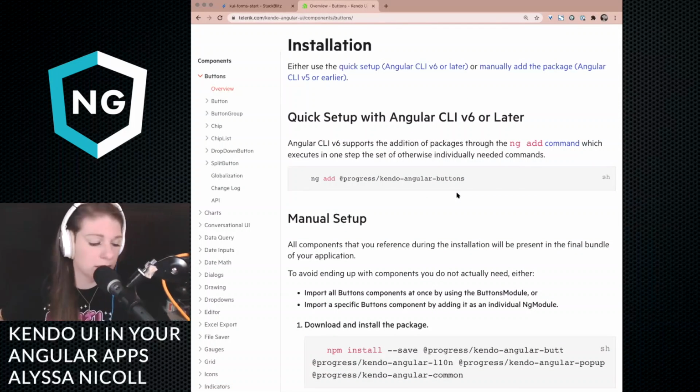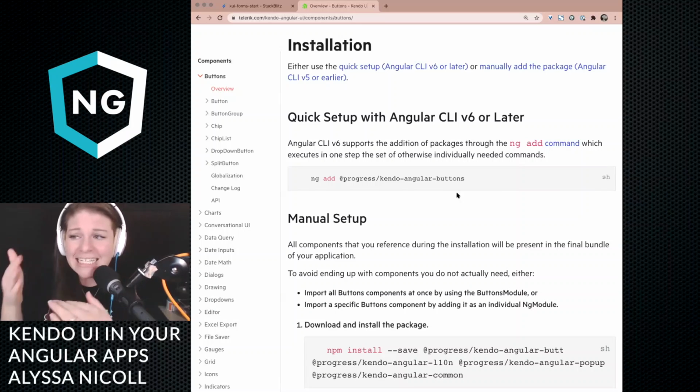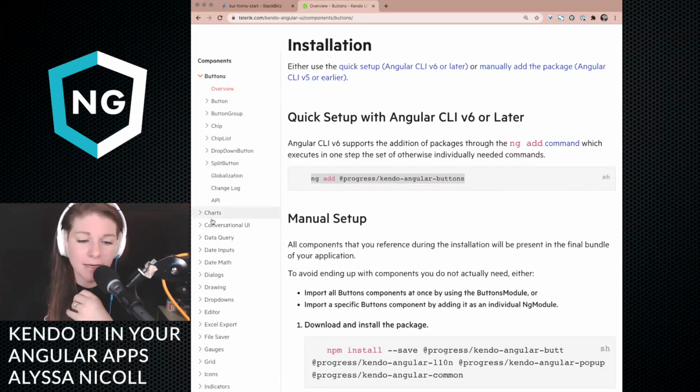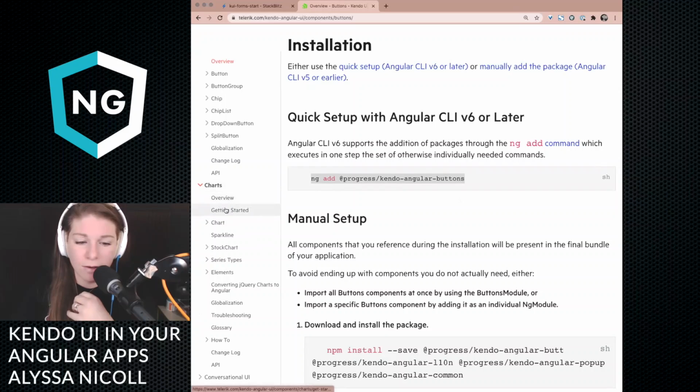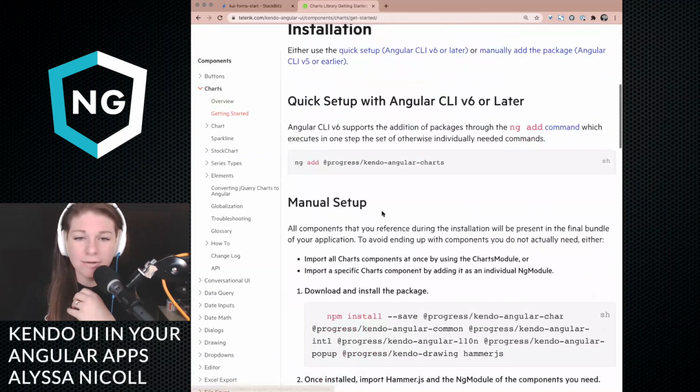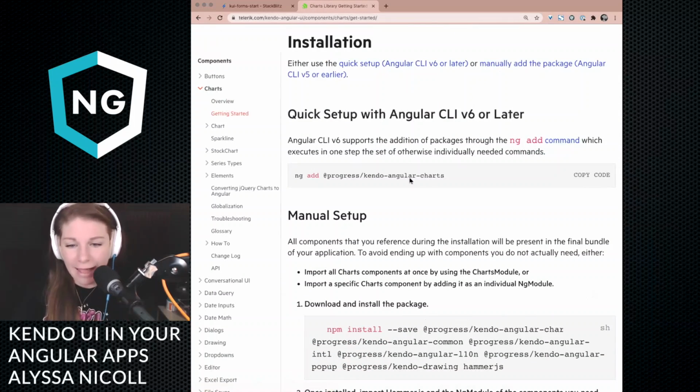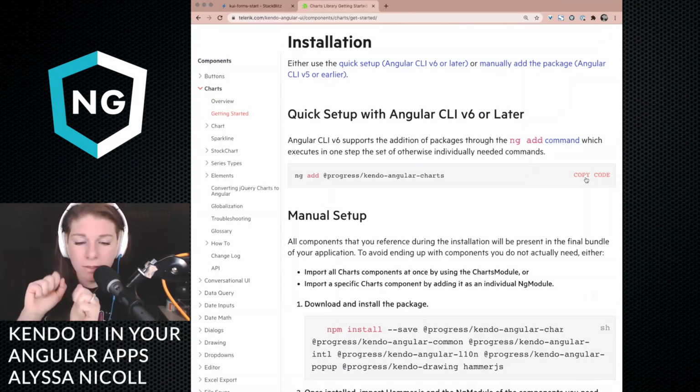I know it's probably silly, but it's one of my favorite sections in our docs, just because of how straightforward and easy it is to explain this part. And so, as I mentioned, we have ng-add, and you can find that ng-add command if we go to charts and go to getting started, scroll down to installation, you can find that command and copy it quickly for your terminals.